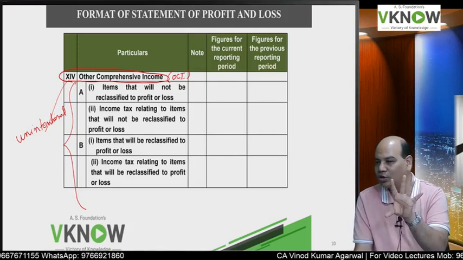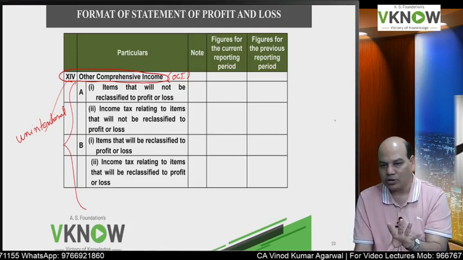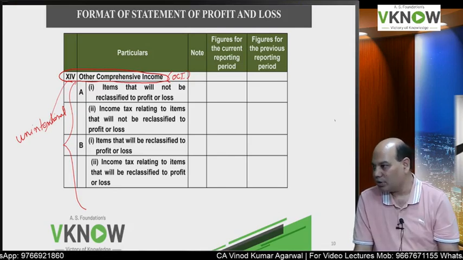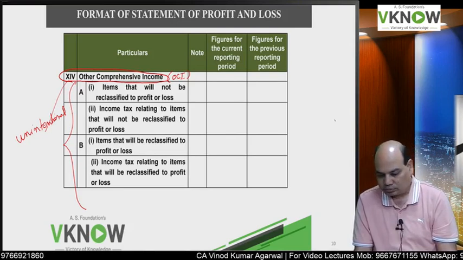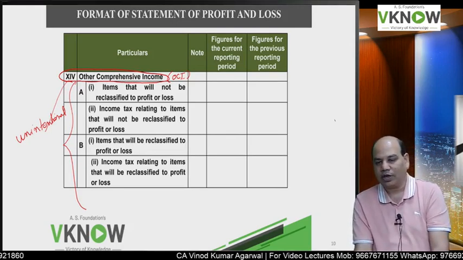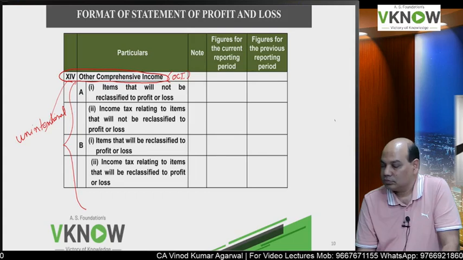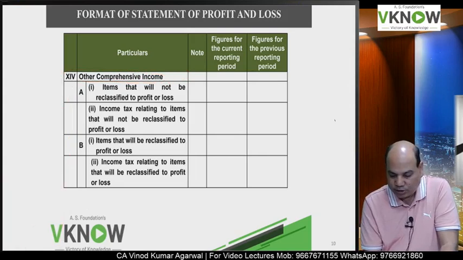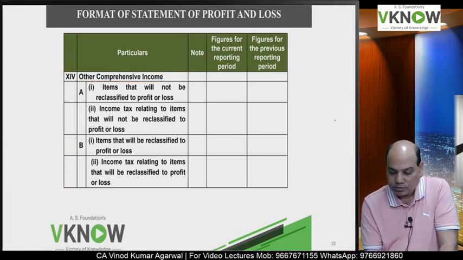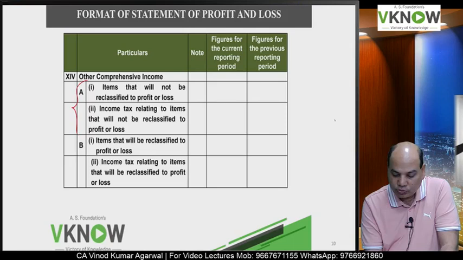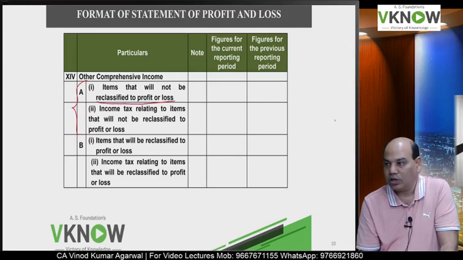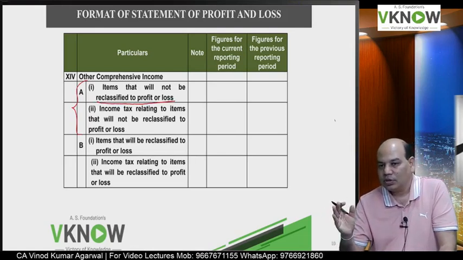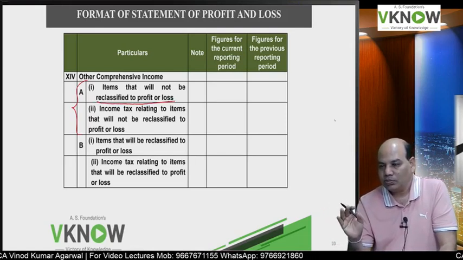So by highlighting it on the face of the statement of profit and loss, we get more clarity as to why the net worth of the company is changing. Is it right? Same thing in intermediate, we were writing directly in the reserve and surplus, most of the item. This also is divided into two types. Which two types? Those items which will not be reclassified to P&L account. That means once they are realized or settled, they will not be transferred to P&L account,